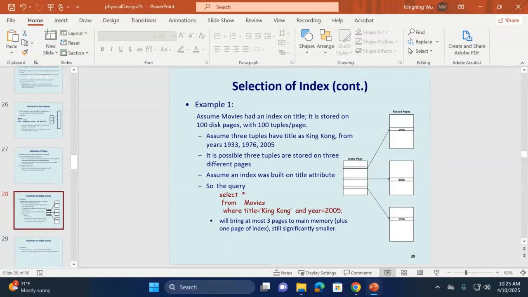So assume that 3 tuples have the title King Kong, from the years 1933, 1976, and 2005. It is possible that the 3 tuples are stored on 3 different pages. So this shows the disk pages. Assume an index was built on the title attribute. So this is the index file. Then for the title King Kong,